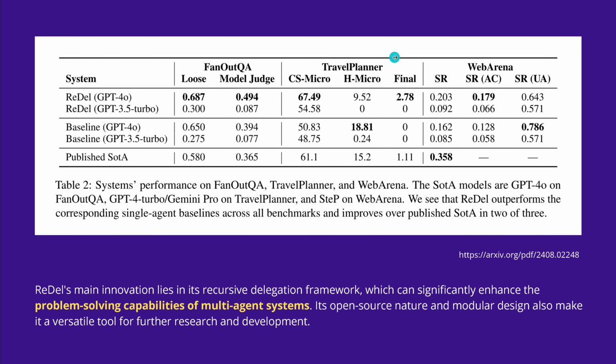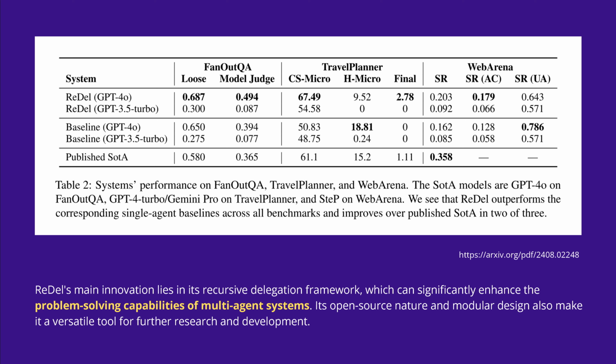As you see, we have 3 different benchmarks with sub-benchmarks. We have here GPT-4 Omni and GPT 3.5 Turbo as our main LLM. And you see the jump from 3.5 Turbo to Omni has some significant performance increase. But if you look here at the baseline GPT-4 Omni, you see, let's say these are 65%. This just jumps to 68.7%. But in other tasks, it increases from 50% to 67%. So it has a really impressive benchmark performance, but of course we have to test it for several weeks in